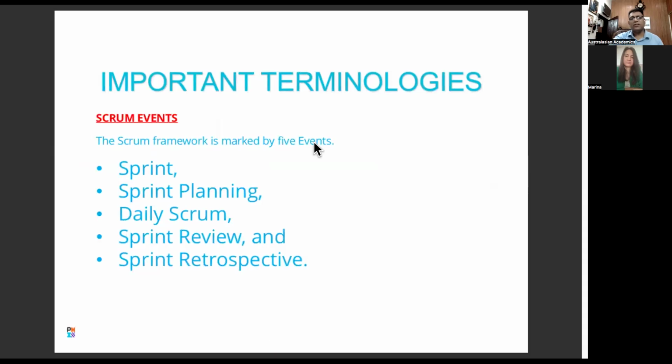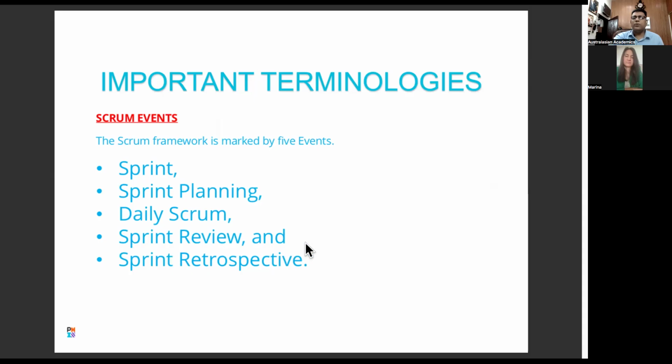All right. Important terminologies to remember in Agile or Scrum. You've got sprint, you've got sprint planning. Sprint, obviously, 2 to 4 weeks. Sprint planning is generally a meeting around the daily Scrum meeting, a 15 minute daily stand-up meeting. It's also called daily Scrum.